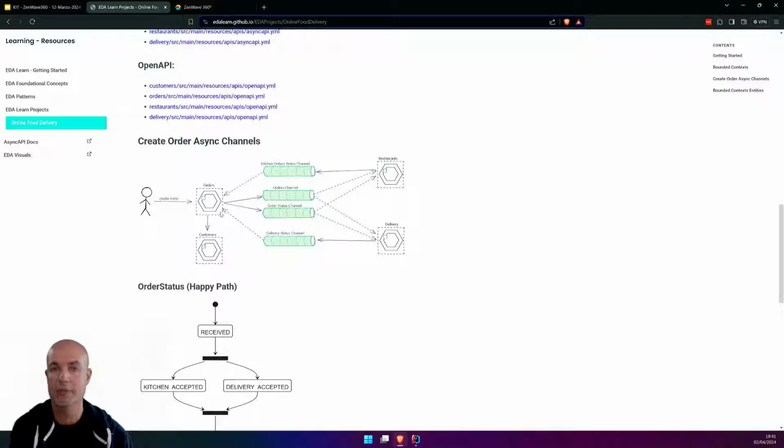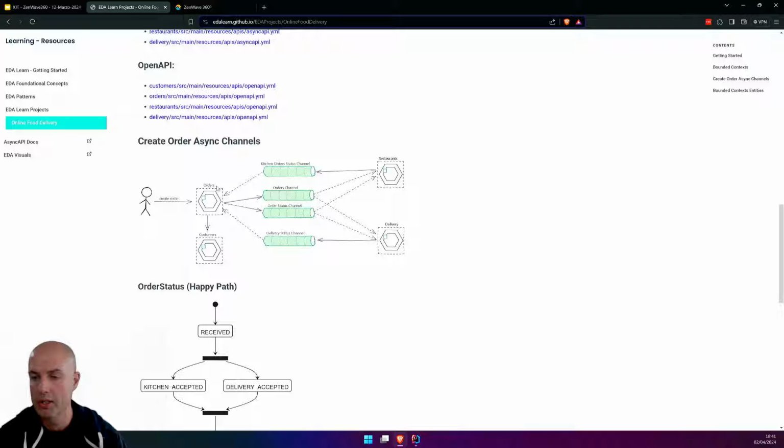This is a choreography, and it implements an implicit saga. So when a customer places a new order, the orders module requests some data from the customer's module synchronously, but all the rest of the communication goes through a broker. We are going to use Kafka in this example.